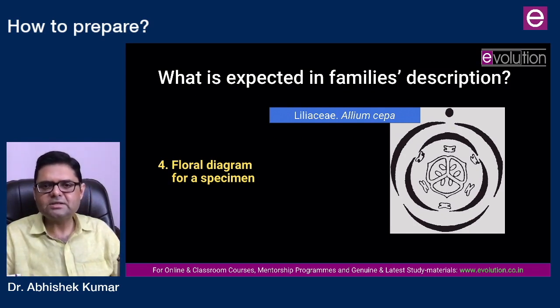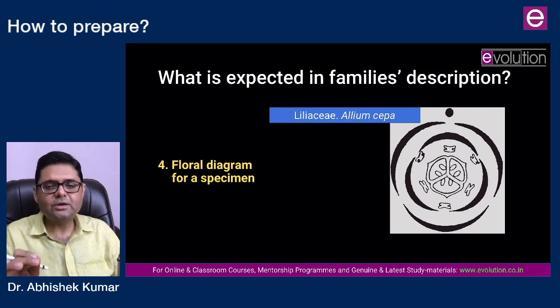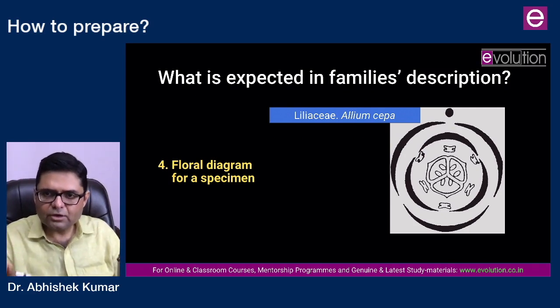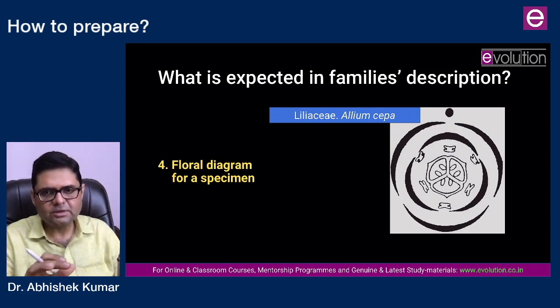You can do it easily in about 10 days time, but once you are done with your self notes, it will be easy to revise. Make sure that you are doing it from good sources, and at the end of this video I am going to talk about what, according to me, are good sources to do angiosperm taxonomy.